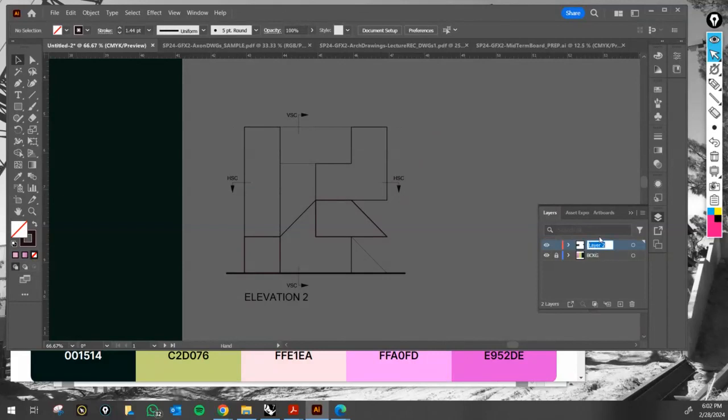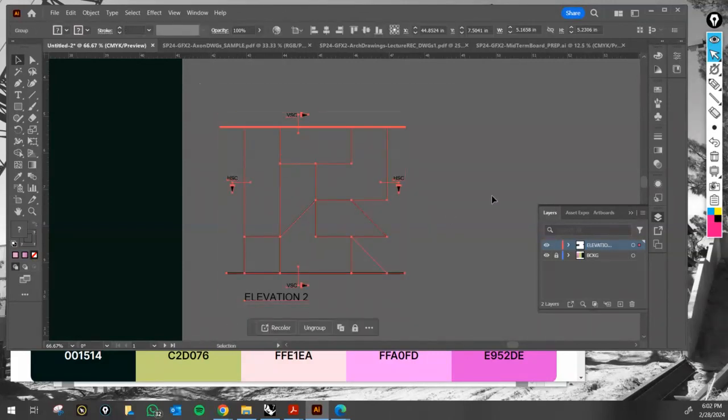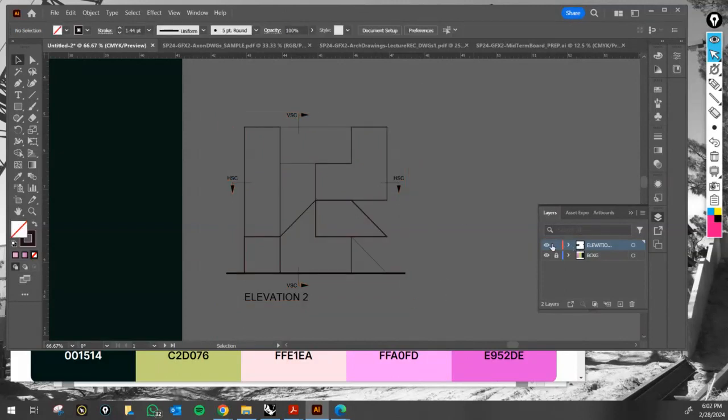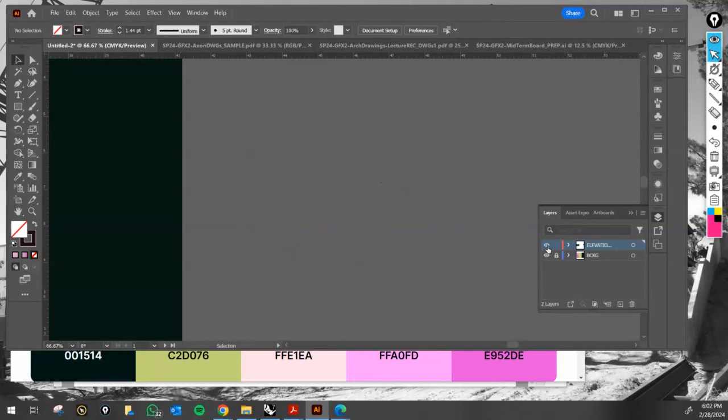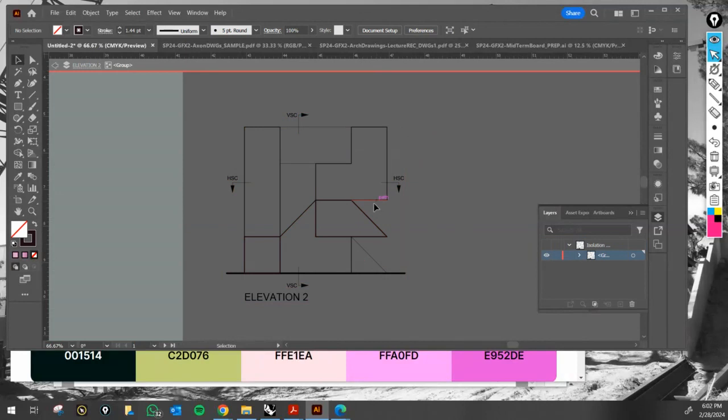So for example, let me show you. I'll call this, I think this is elevation 2, right? And then I'm going to group all of this right here. So select all of that and press Control G. Now, all of this is within that layer. Okay. Now, if I double click on this group, check this out. I can then